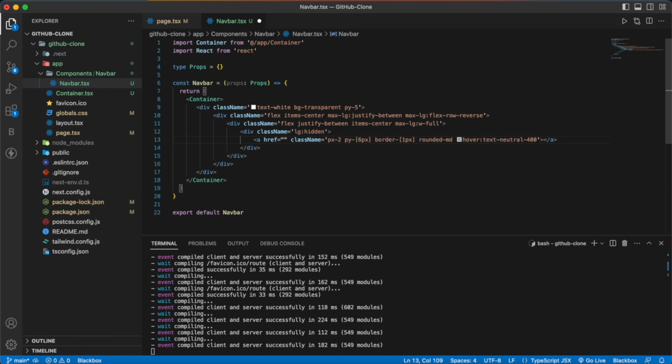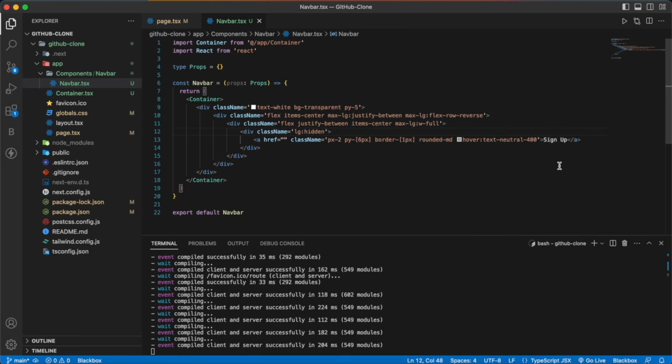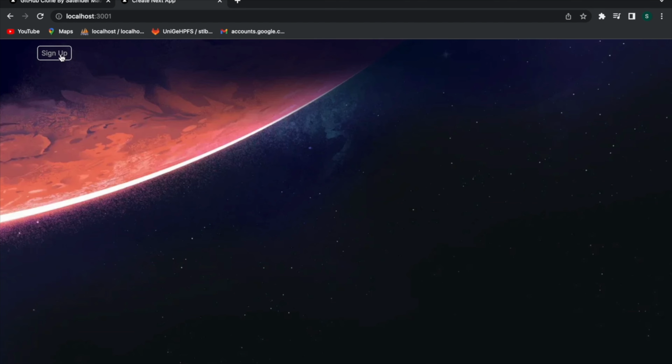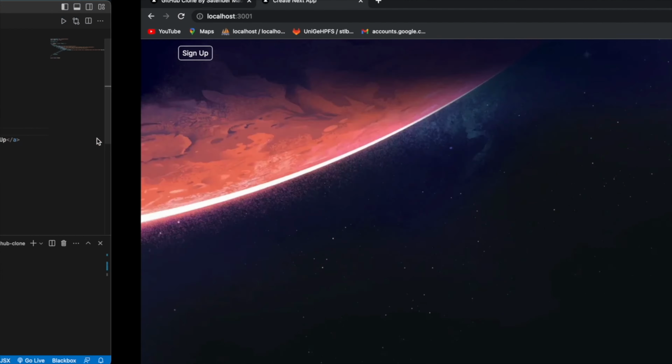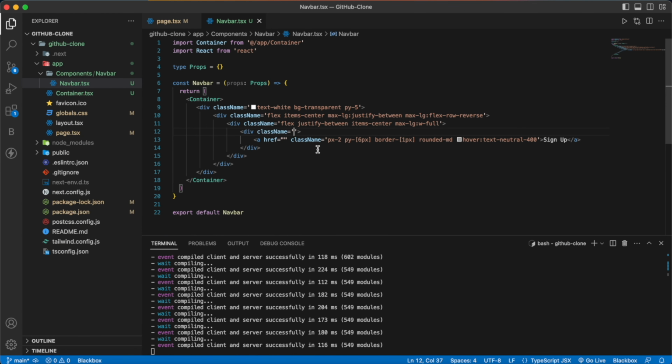And then we are going to write Sign up. Now let's save, and let me for a second remove this CSS and save it and go here. You can see our component here, but this will be visible only on small devices,